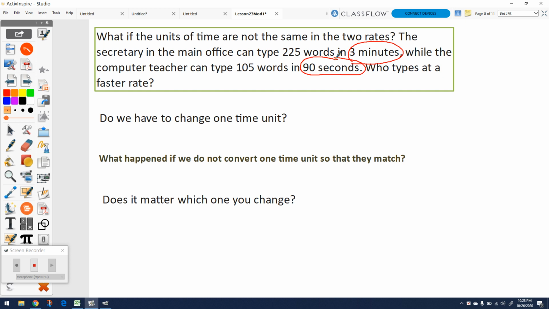So do we have to change them? Yes. Okay. What happens if we don't convert them? It's going to be so difficult to compare. So we really need to make sure we change them. Does it matter which one we change? No. We can change either of those. But we do need to know what's the connection between 3 minutes. Okay? So if I wanted to change my 3 minutes